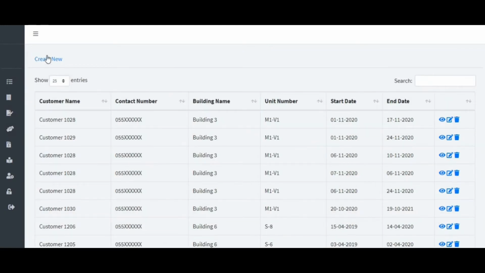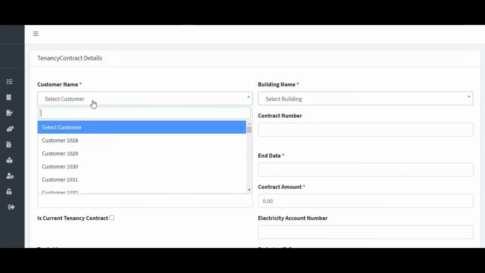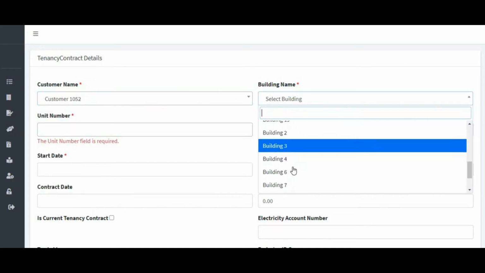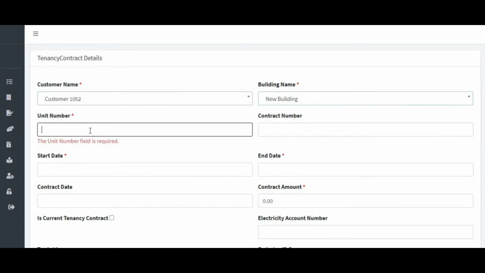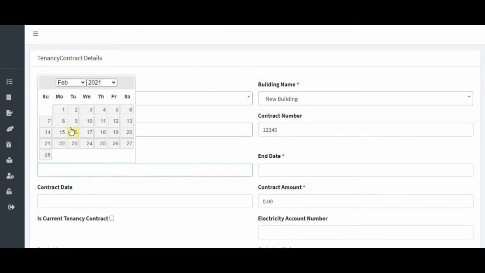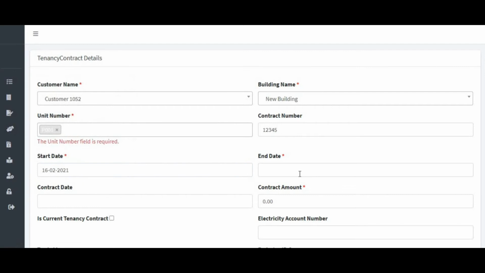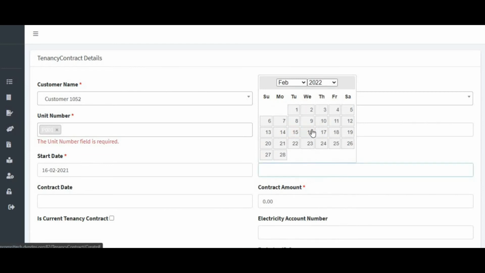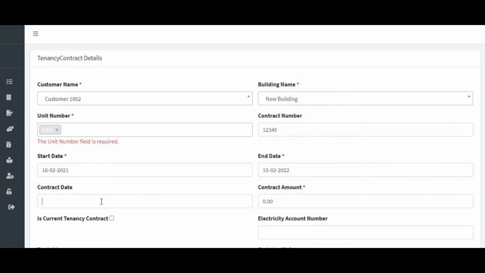Next is, guys, if we create new Tenancy contract details. Obviously, if a tenant is staying at your place, we create a tenant contract. So here you can put the customer number, because the customer was created before, and you can add his details. The building name was also previously done, so that will come in the scroll down. Unit number you can also write down because that was registered before. So this will help you. It will come directly in scroll down menus because it was already registered before.